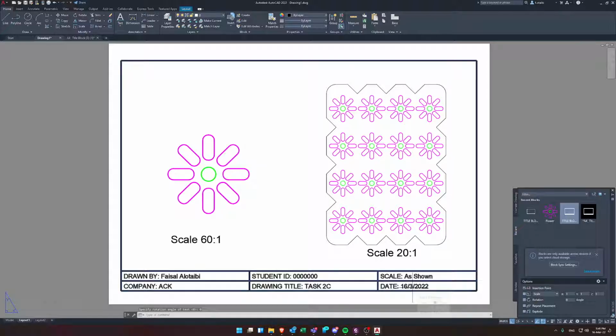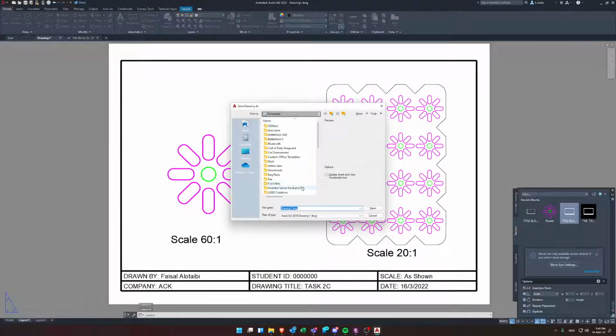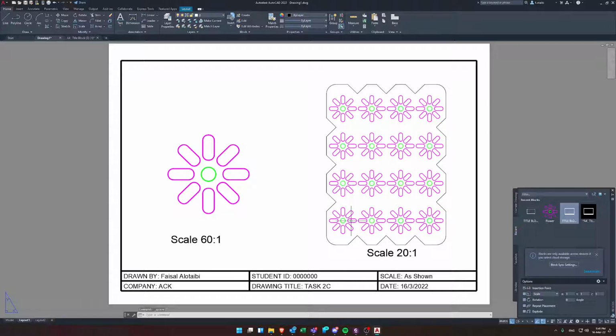Now let's say you want to save it. I think you guys are familiar with it. You can press on Control S, and you're gonna get this window and you can save it. I highly recommend that during the lecture you keep saving. If you want to print it, well, you can come to the print here,